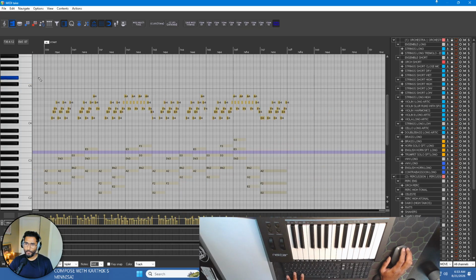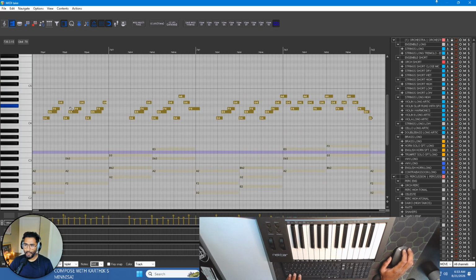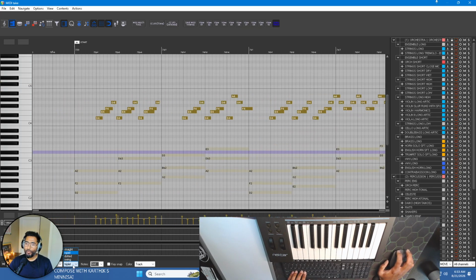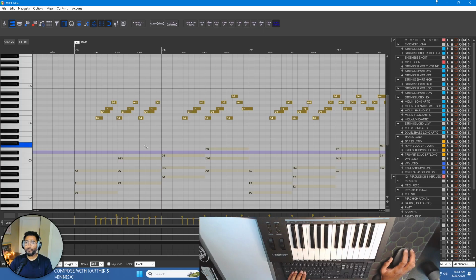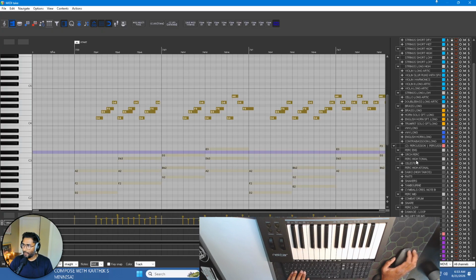We just need to do our performance and then we can correct. And oh, still in triplet. We are not writing in triplets. We are writing straight. So if I select 16th notes, quantize and hear it,